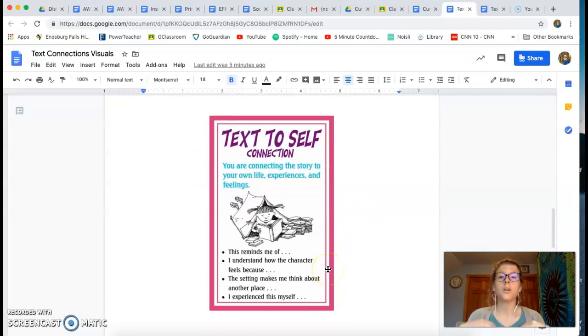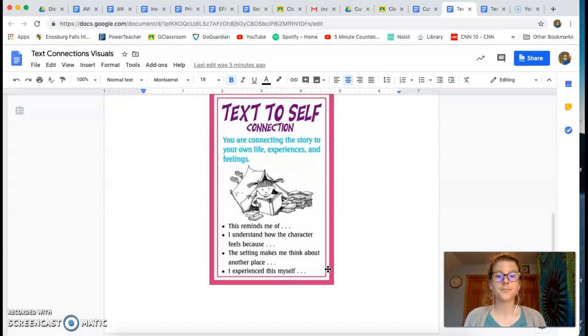So the article can remind you of something, or if it's an interview with someone or they're talking about someone and what they're going through or feeling, you might think, well, I haven't experienced that, but my friend has experienced that, or my mom, or my sister. It's connecting it to your own life somehow. And text-to-self connections can also come from thinking about different experiences that you have had in your life.